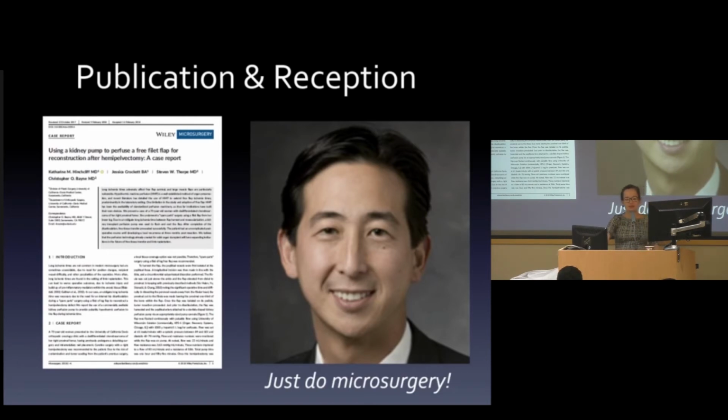So moving back to the case, we ended up writing it up as a case report and getting it published in the Journal of Microsurgery, which all happened around the time that I was interviewing for hand surgery fellowships. So when I interviewed at Stanford, this person on the screen, whose name is James Chang, he's the chief of plastic surgery at Stanford. He also happened to be the ASSH president that year, and he's a very well-known and very charismatic guy. He asked me to tell him about a case, an interesting case.